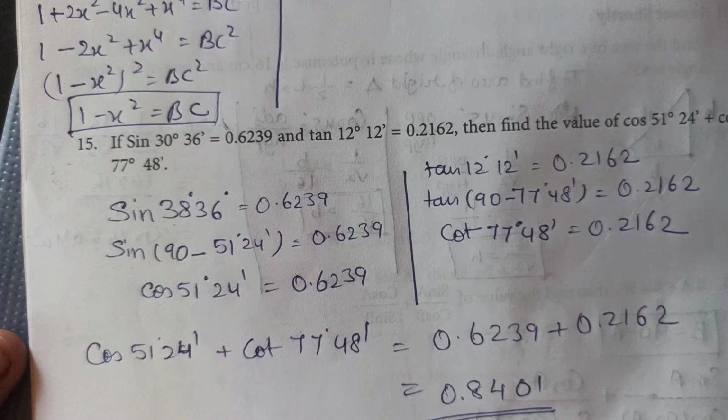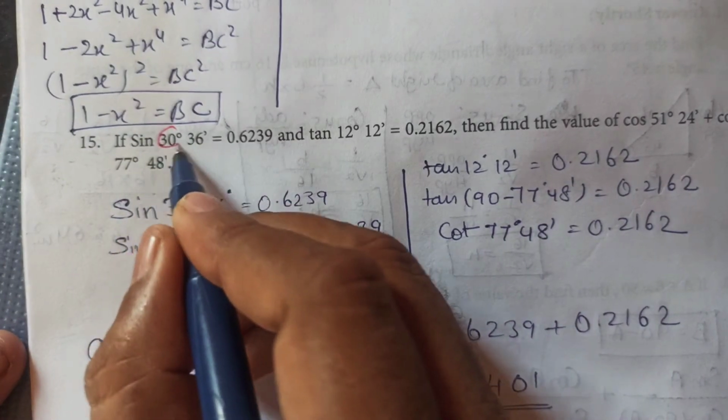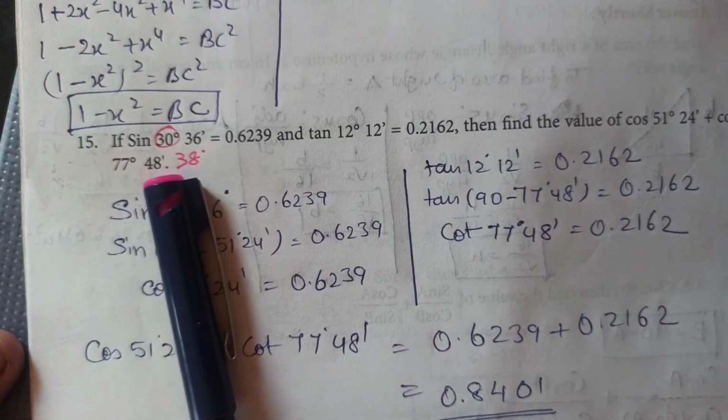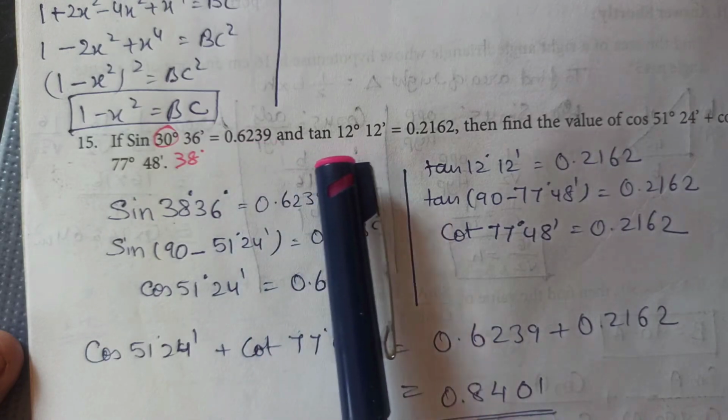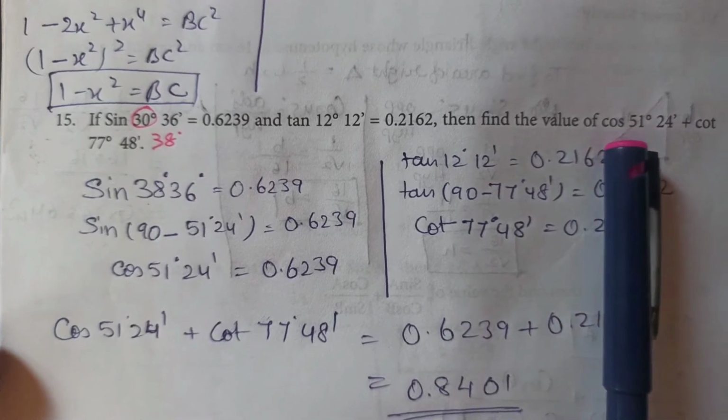Here also there is a problem in the question interpretation. This is not 30 degree, it is 38 degree. Okay, now if sin 38 degree 36 minutes is equals to this, tan 12 degree is equals to this, then find the value of cos 51 degree 24 minutes